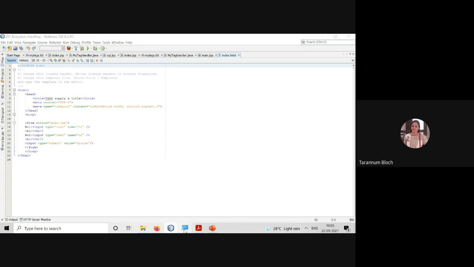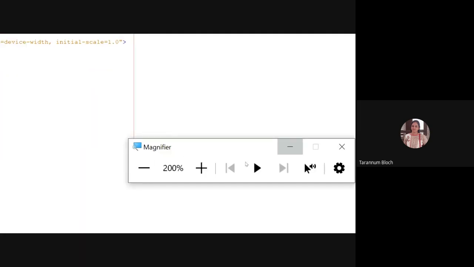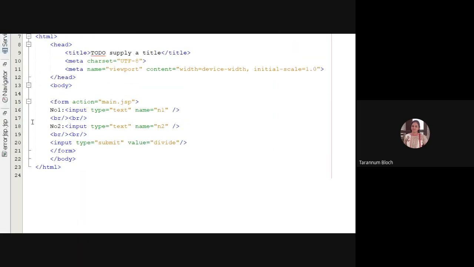So what I have done is I created a JSP page where I have taken a form with action main.jsp. We are saying input type equal to text for number 1 and input type equal to text for number 2, and n1 and n2 are the variables which will hold the values entered by the user in these text boxes. When the user clicks the submit button, we are taking the user to main.jsp.